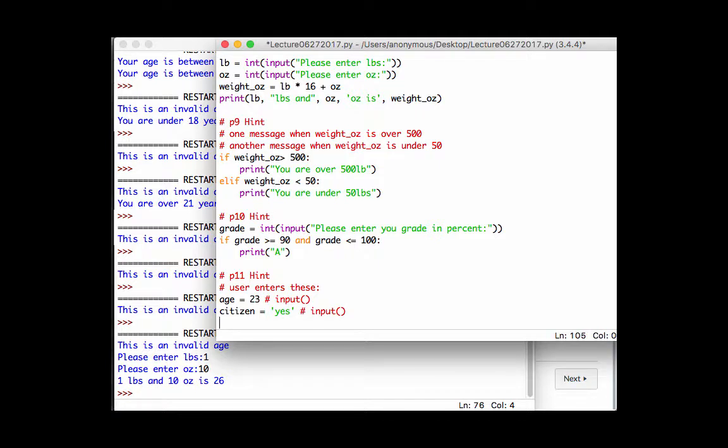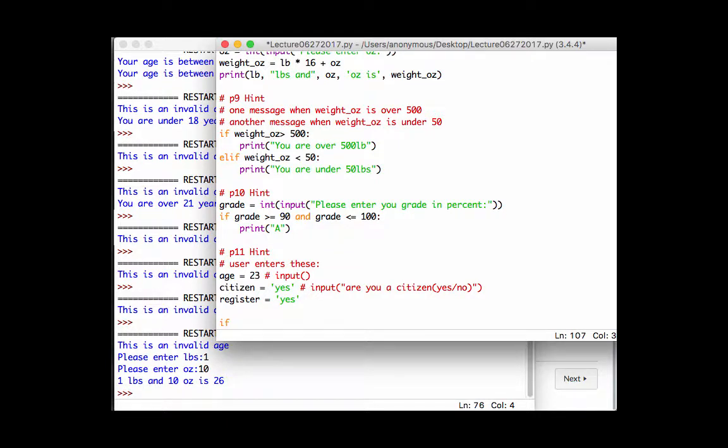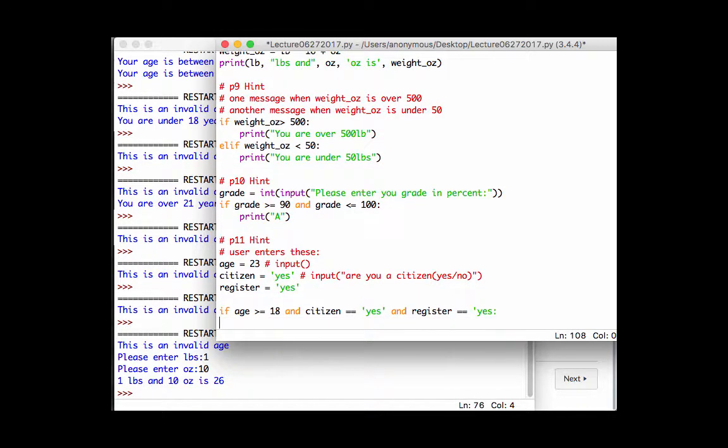Right? And you should tell the user what to enter, right? So are you a citizen? And tell them something like yes or no so that they know what to enter. Okay? Then what's the other one? Registered. Registered is equal to yes. Right, so I'm going with all good ones. So I do an if my age is greater than or equal to 18 and my citizen is equal to yes and my registered is equal to yes. Then I'm going to tell them,